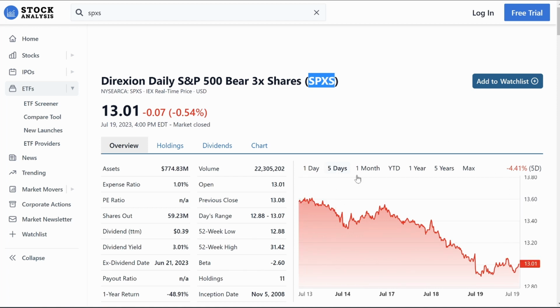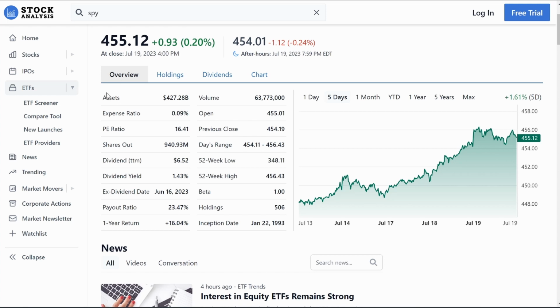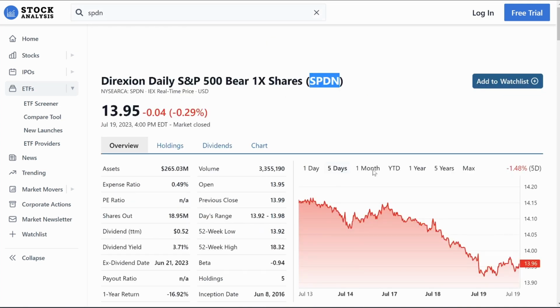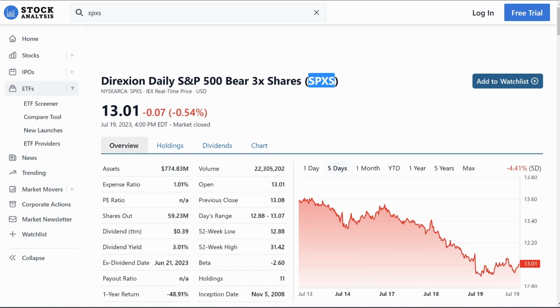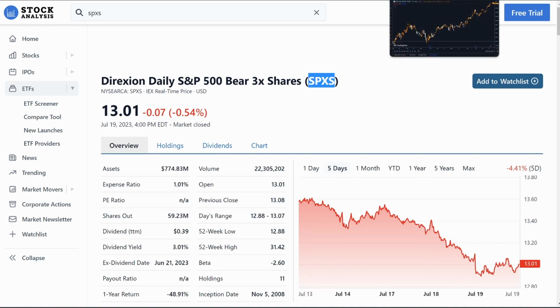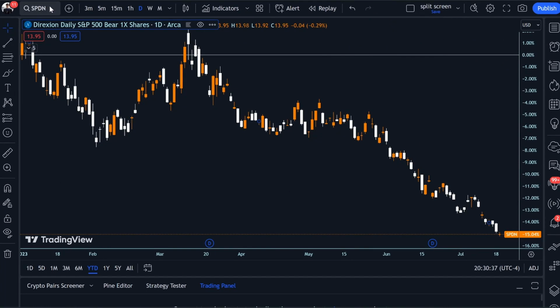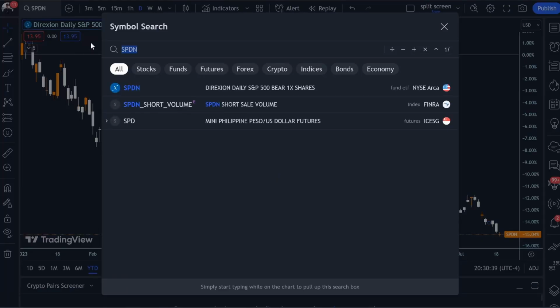And you can see within the past 5 days, this one is down 4.41%. Again, it's not a perfect 3-to-1 ratio, but it's going to be a lot more than the SPDN, which is only 1.48. This is 4.41. So you're kind of close to that 3 times leverage. And if we were to jump back to TradingView, we'll look at that